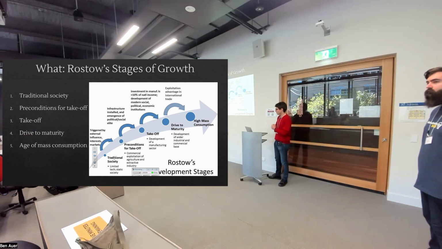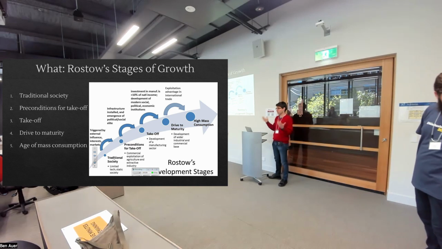Now, the important thing to remember is that, in some sense, poverty is the default status of humanity, and he describes that in terms of a traditional society. Prior to roughly the late 18th century, essentially every country everywhere was what we're calling here traditional society, and would, by today's standards, be very poor, underdeveloped.